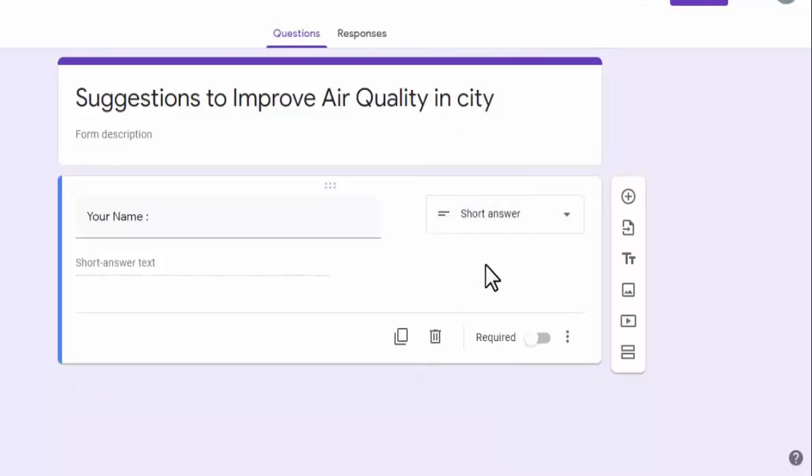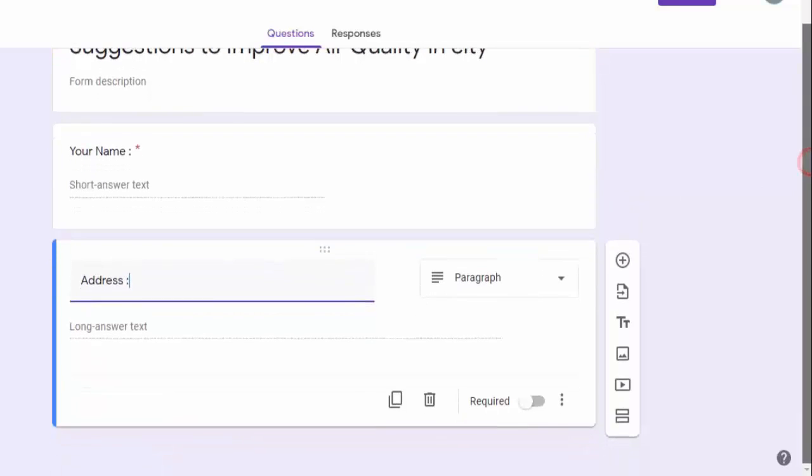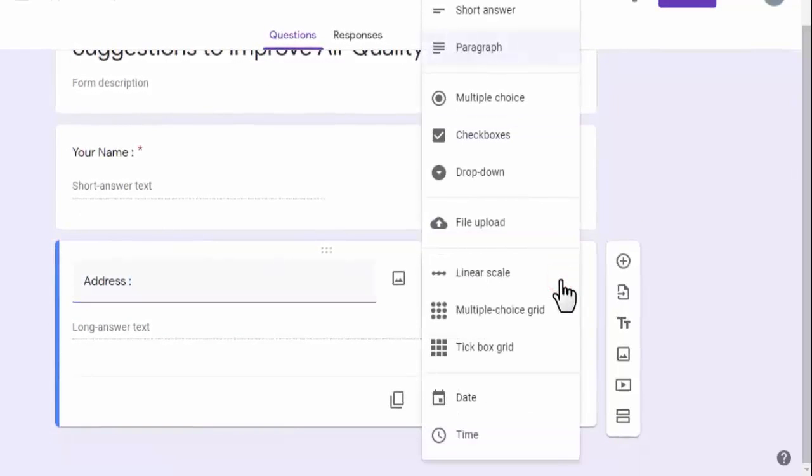As we require a compulsory answer for this question, we will mark it as required. Now we will add another question. Now from here we will select a format for this question.